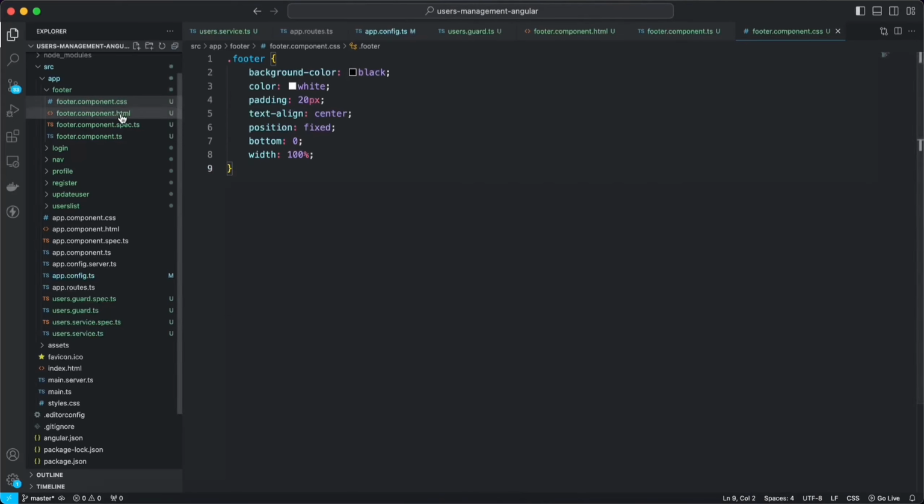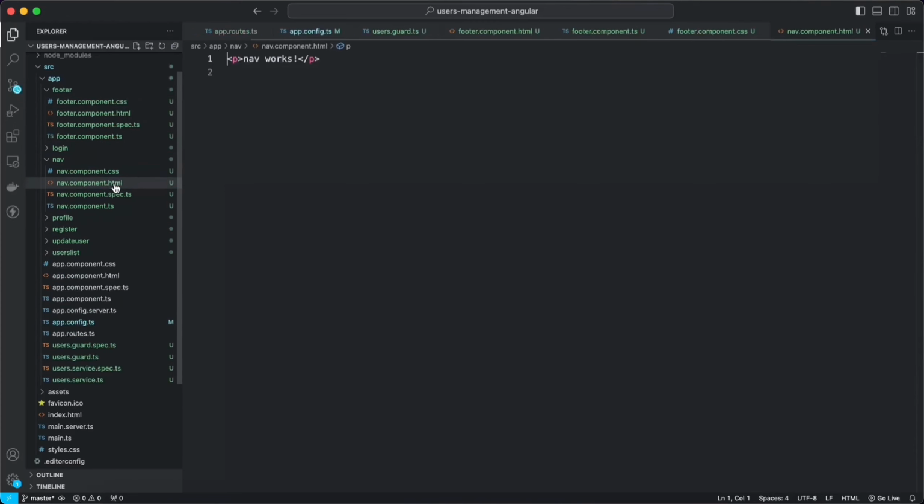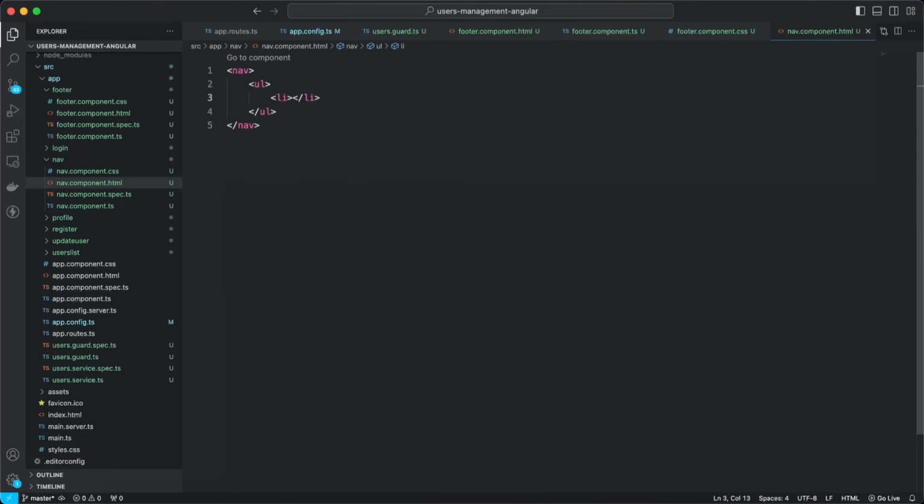So that is for the footer, and I'm going to proceed to write my nav bar. So here I'm just going to get rid of this. I'm just going to say nav. Here I'm just going to have an unordered list, and a list item which is going to have a ref, and here I'm just going to call this